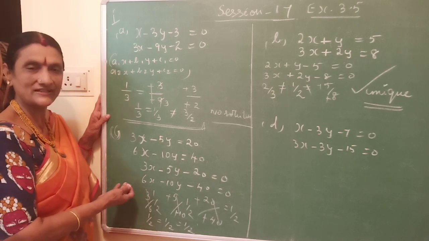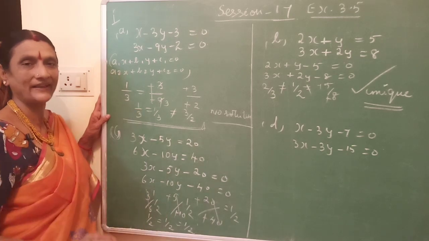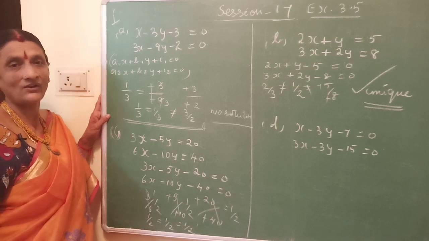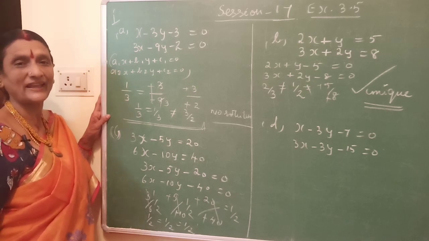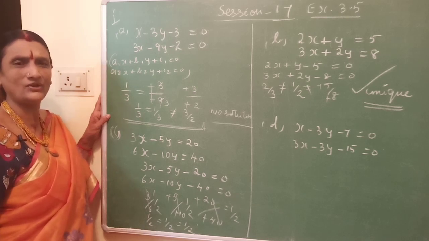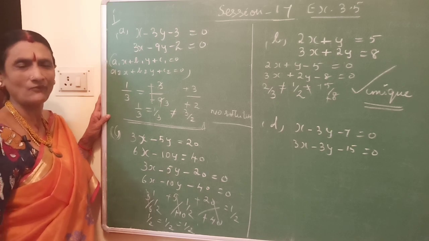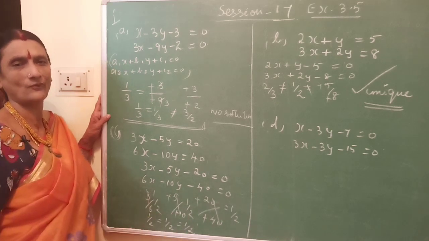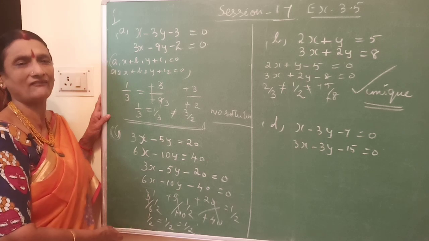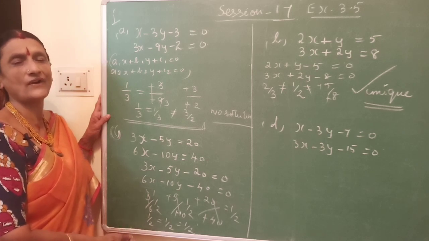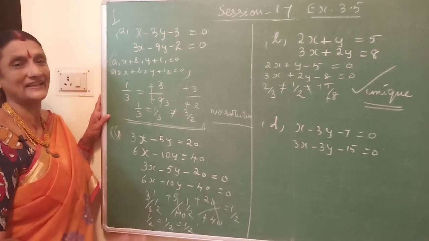Okay, how many solutions are there for this? Infinite solutions. So, do we have to employ any method to find all the values? Any value of x, there is a corresponding value for y. Any value of y, there is a corresponding value of x. So, therefore, infinite number of solutions, we can leave it at that.